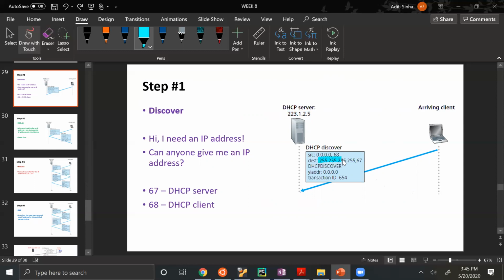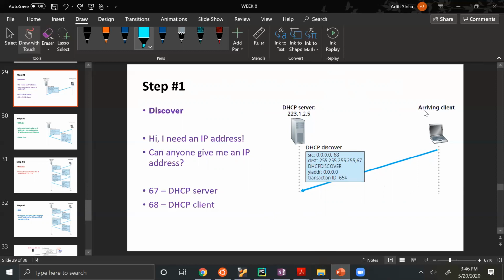So it will broadcast a message to port 67, which is reserved. This port number is reserved for DHCP applications. So all DHCP servers will listen at port 67 for incoming DHCP discover messages.